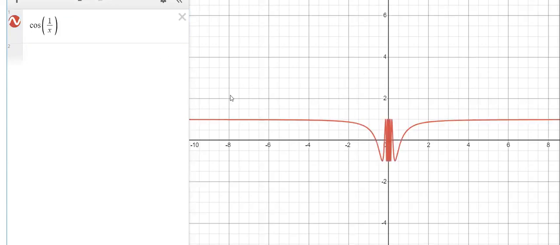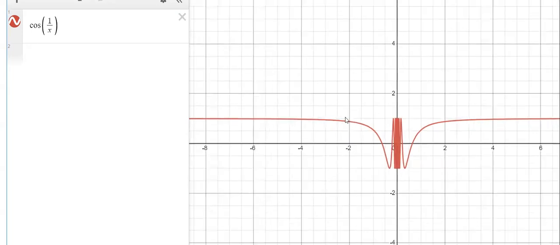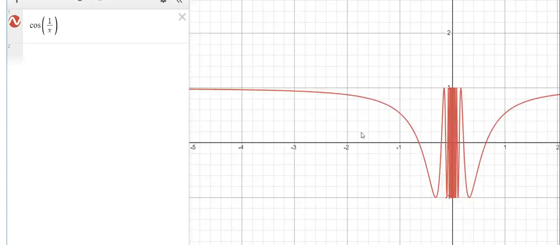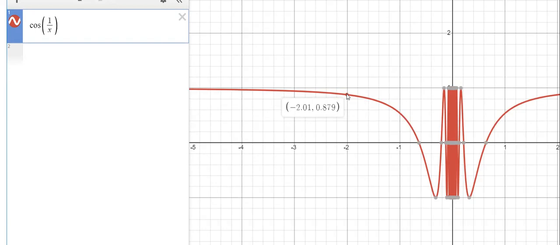Okay? And what we're going to look at now, this function has a limit at every single point. In other words, let's say at -2. As x approaches -2 from the left, it looks like it's approaching this number 0.88 or 0.9 or something like that. And also from the right, it's approaching the same number, whatever number that is. It's not any nice number, but it's approaching the same single number from the left and the right. And you could do that with anywhere on here. It approaches the same single number,